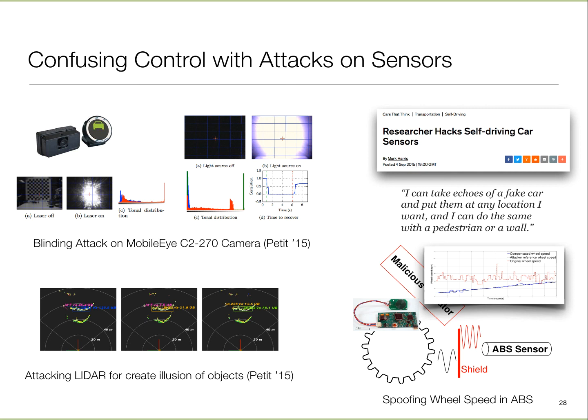So ABS systems basically look at the wheel speeds, and based upon that, they control the braking in order to achieve that effect, so that even in more slippery conditions you have better control over it. The way they work is there is a wheel speed sensor, and then there is a whole control system behind it,